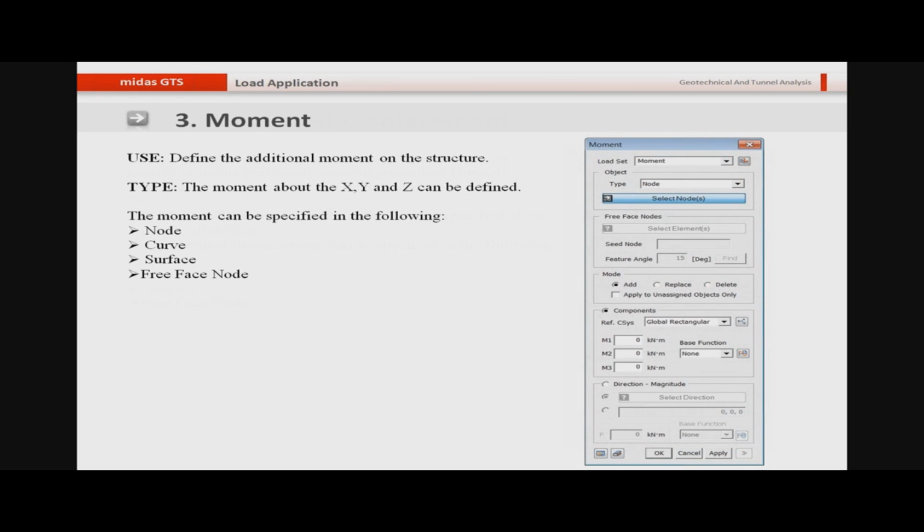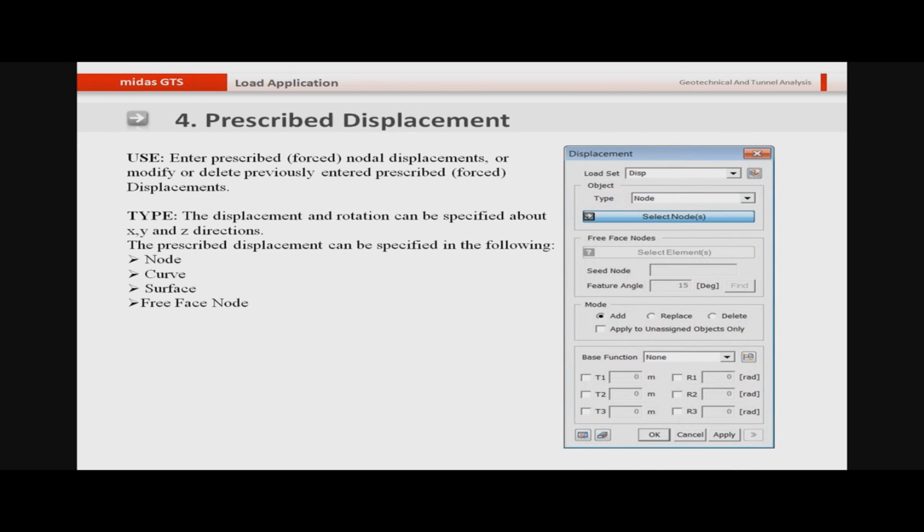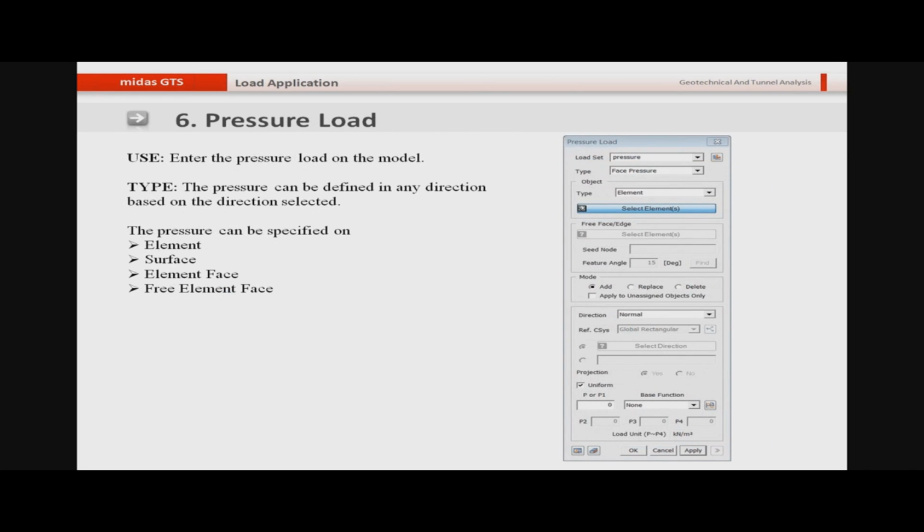I can define a prescribed moment on the structure. I can define a prescribed displacement. So if I want to simulate a virtual displacement at a location, I can define that using the prescribed displacement feature, and this feature can be used to define the displacement in curve, node, surface, or free face node. The pressure load can be used to define the pressure.